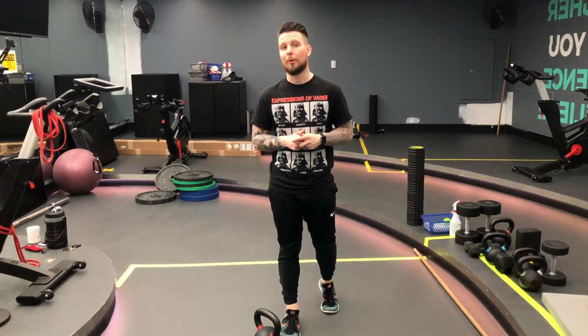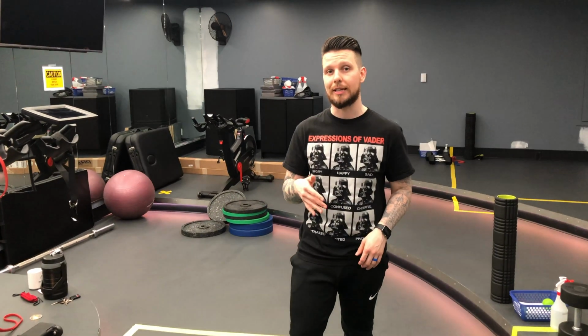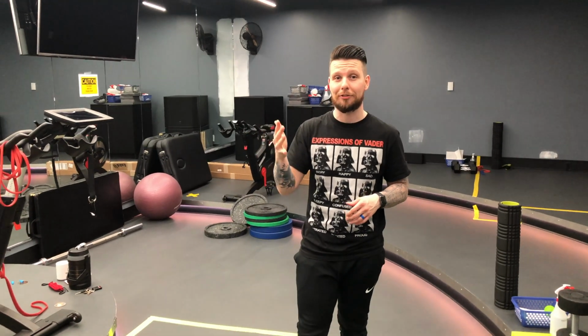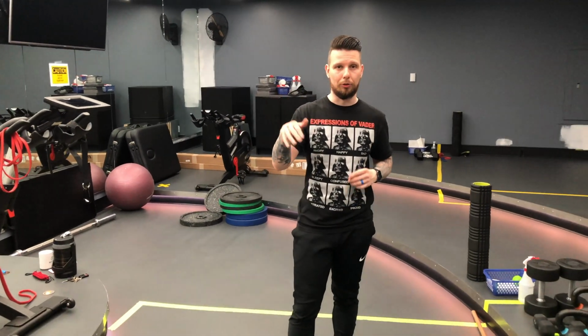The kettlebell single leg deadlift. This is one of my favorite exercises to put in every single person's program because it covers a lot. So when you look at the nature of the single leg deadlift, it covers your foot stability, ankle stability, knee stability, hip stability, low back stability, and on top of that, the arm that we're going to be grabbing also works shoulder stability, and then on top of that, we have our hamstring strength, glute strength, adductor strength, low back,